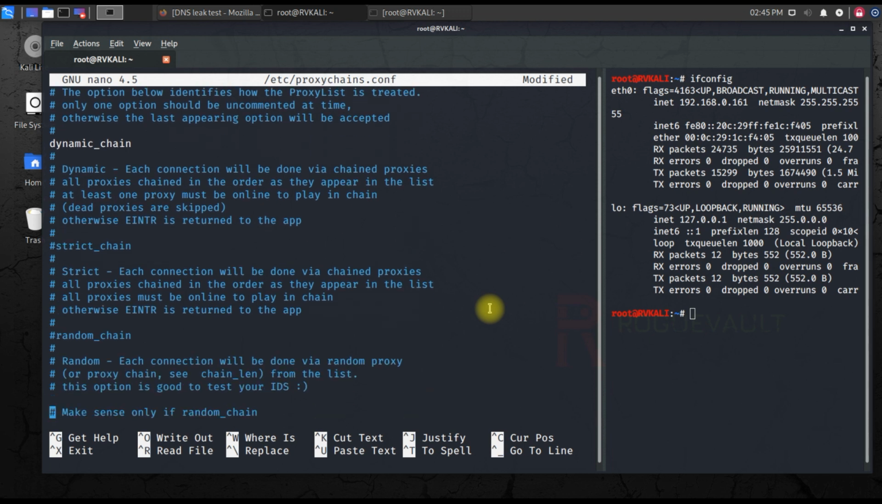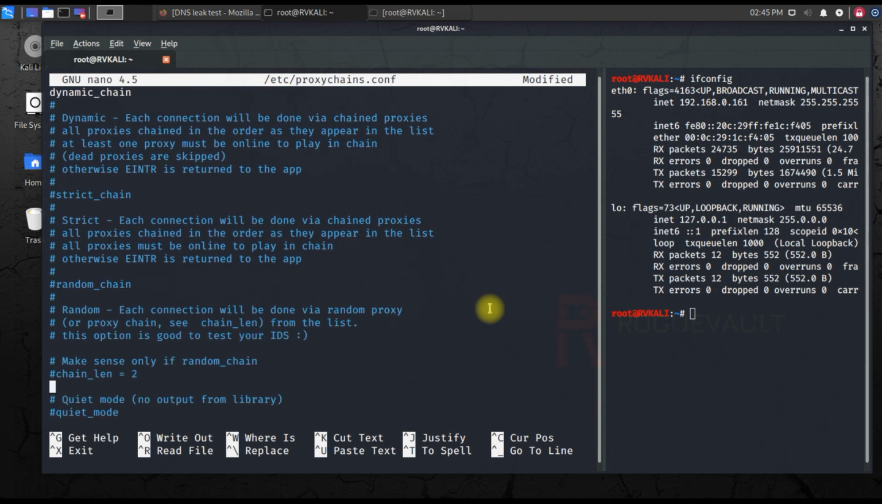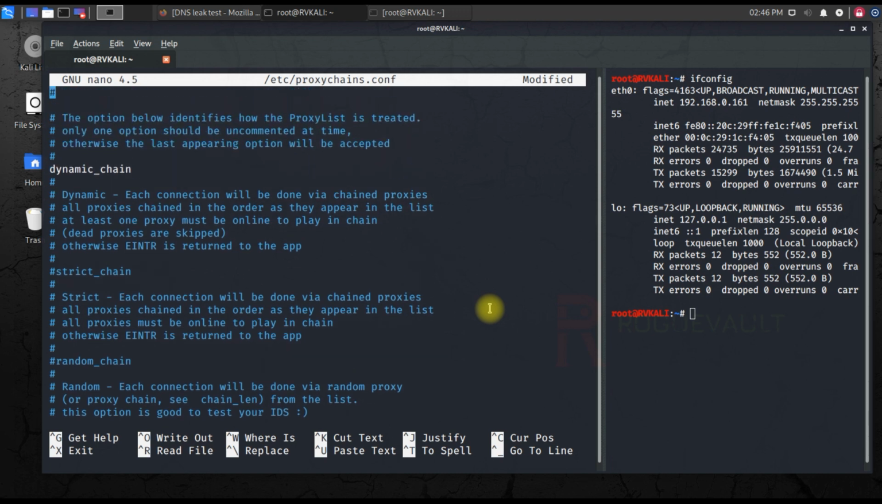And when it comes to the random chain, you can actually read what it does: each connection will be done via a random proxy or proxy chain, and this is a combination of dynamic. So it just does a test and then bounces the traffic back and forth. So normally we don't use random chains. We try to stick with dynamic chains or strict chains when we are having a manual configuration set. So now that I've enabled this dynamic chain,